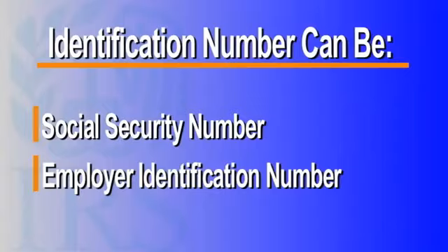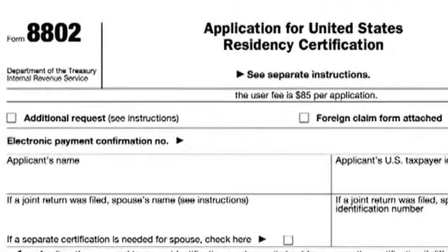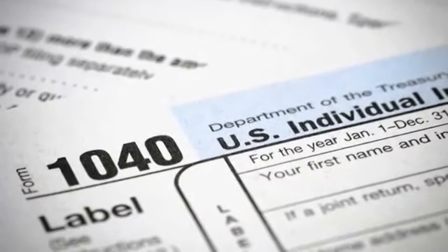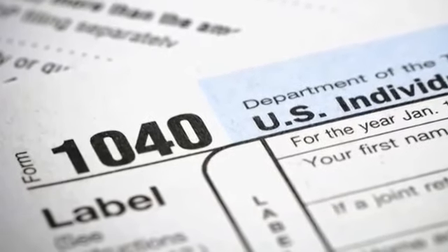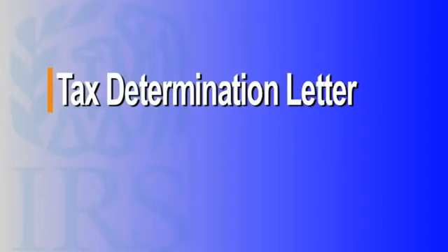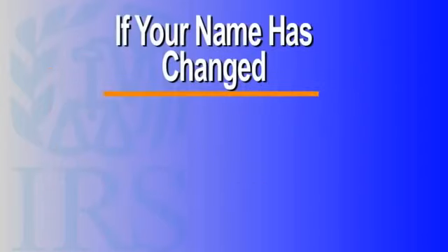To certify U.S. residency, the IRS must match the name and TIN on the residency application to the name and TIN previously verified on a U.S. tax return filed for the year certification is being requested. We can also do this through other documents you provide us, such as a tax determination letter, articles of incorporation, etc. If your name has changed since the most recent filing of the Form 8802 with the IRS, you should